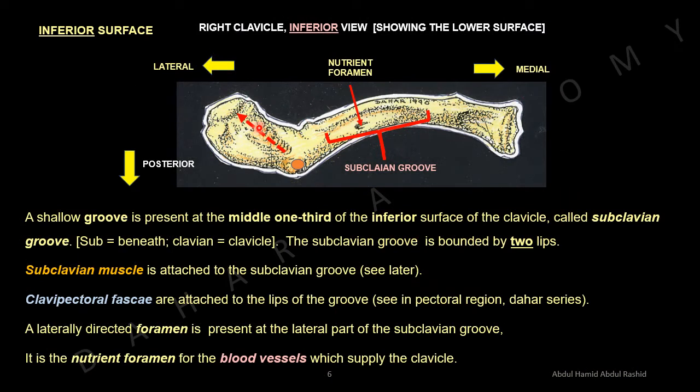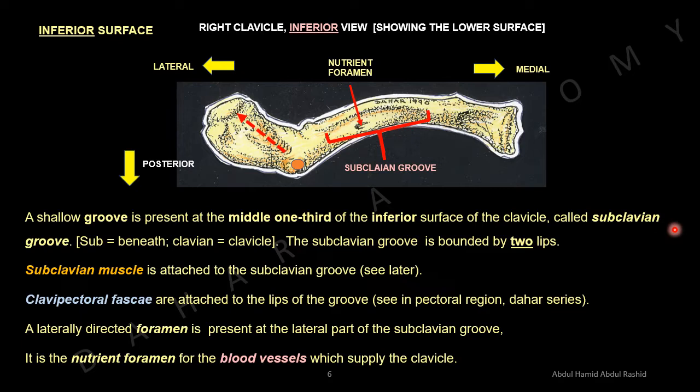This is a diagram of the right clavicle, inferior surface. We are showing it from below. This is the medial end. This is the lateral end. This is the posterior border. A shallow groove is present at the middle third of the inferior surface of the clavicle,